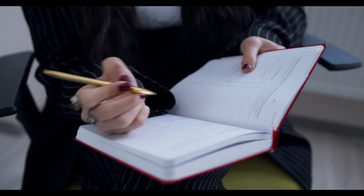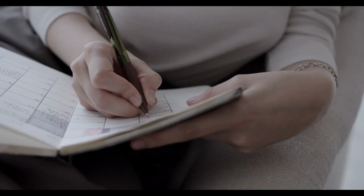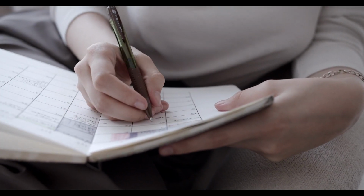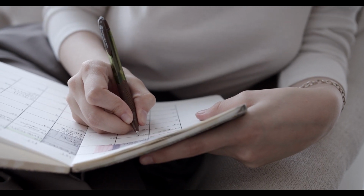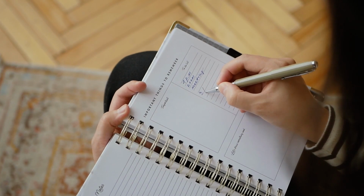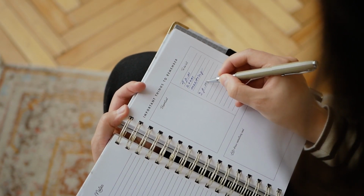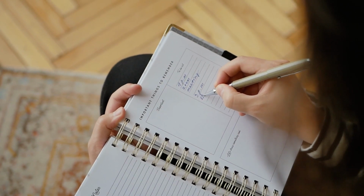The weekly planner allows me to get a bird's-eye view of what's ahead, helping me to prioritize and set meaningful goals. It's like laying down the framework for my week, ensuring that I'm focusing on what truly matters. Then, the daily planner comes into play, breaking down my broader weekly goals into manageable daily tasks. This level of detail keeps me grounded and focused,